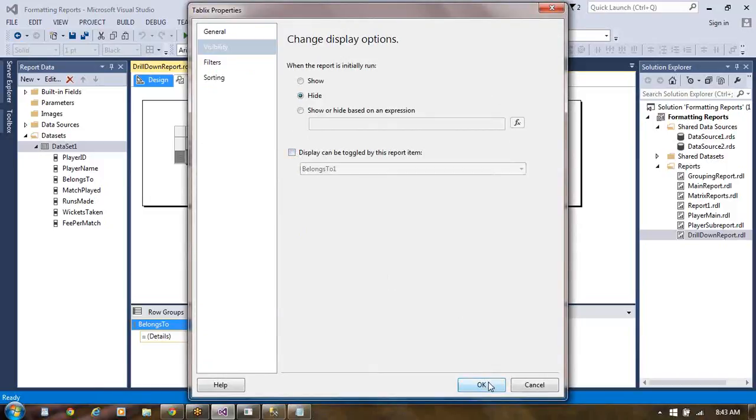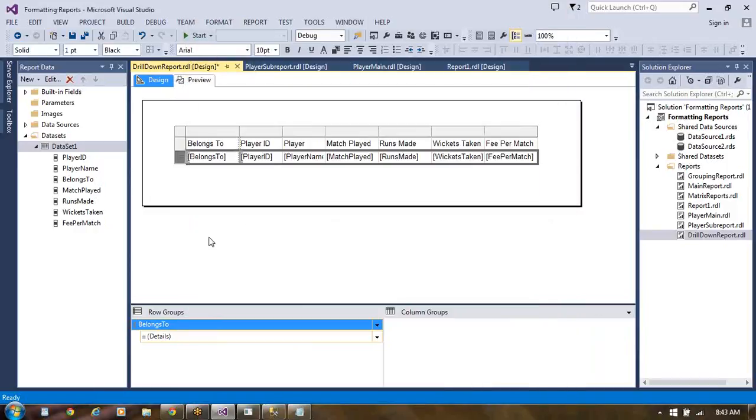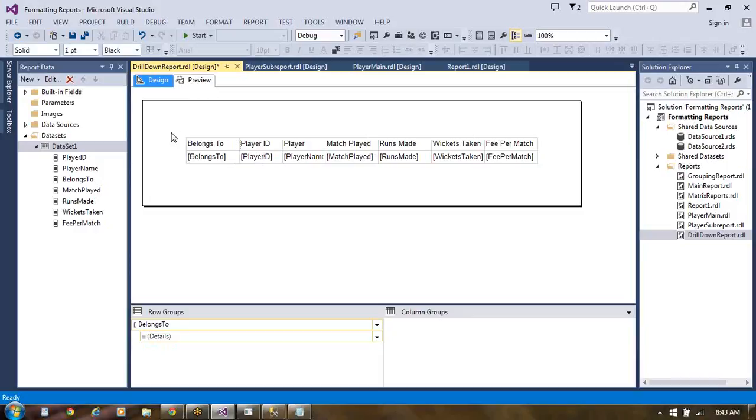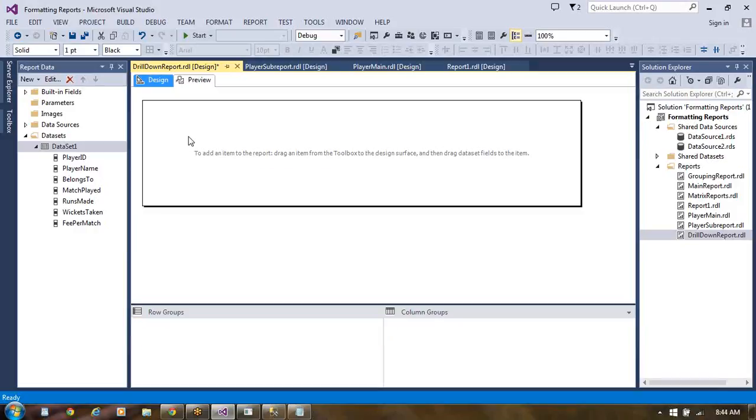Make like this. Okay. It's not player ID. Let me do one thing otherwise. Okay, delete this table totally. Let me delete this. Once again I drag and drop